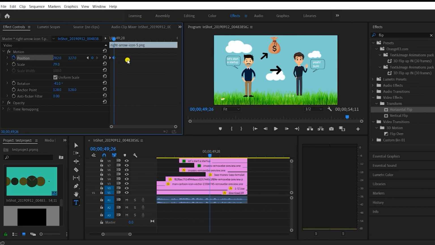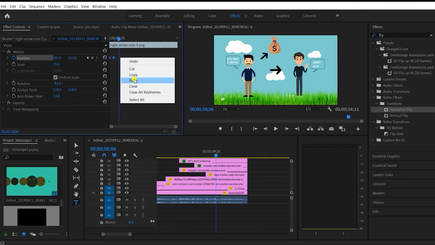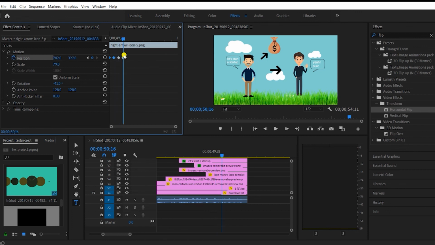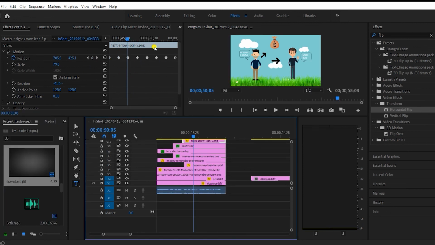The same thing I have to do for the whole clip. That might not get accurate. So what we can do is just select this clip and copy it. Then again press Shift and the right arrow key so that it goes 10 frames ahead. Again right click and paste. Again go to the last position and repeat the same thing, to do this for the whole clip. After you complete it, it will look something like this. Now you have to do the same thing with the other arrow.